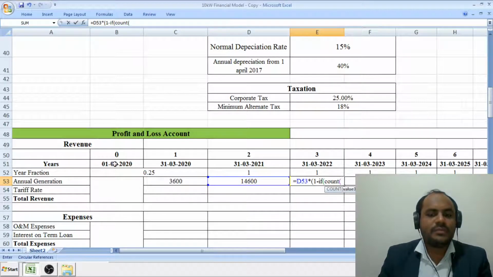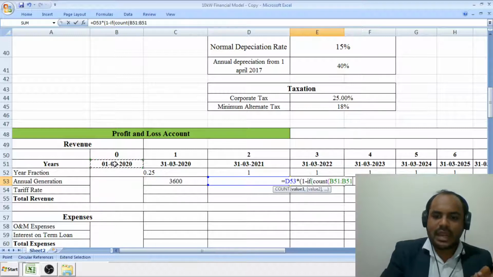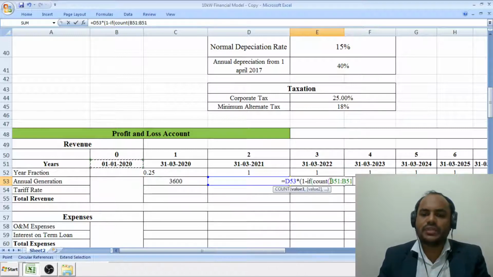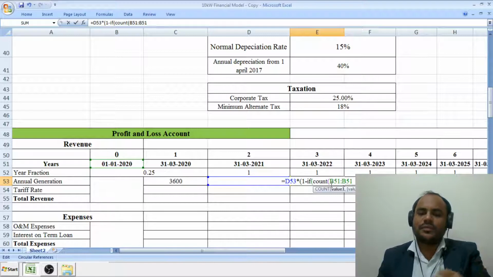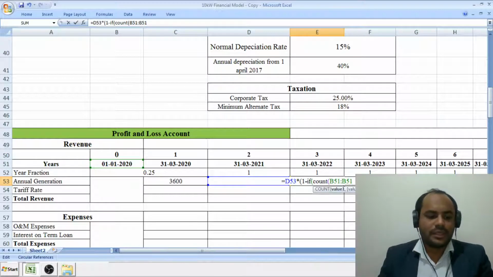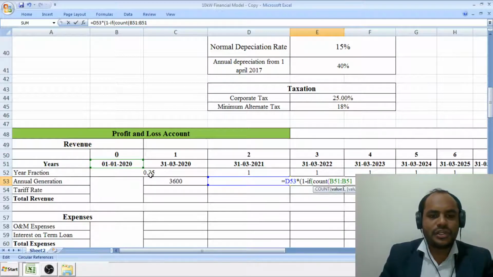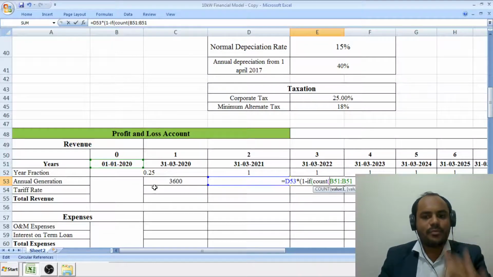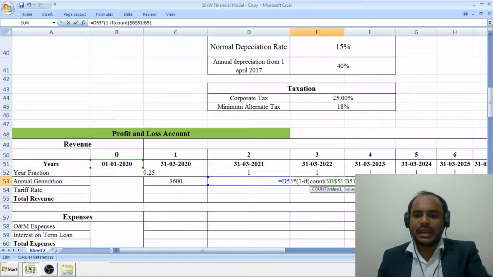we need to start from the date of commissioning, and from the same date of commissioning we have to apply a logic from the subsequent counting position over here. So this date of commissioning for every iteration will be the same over here. That is why we have to fix this value with the help of the dollar symbol over here, and bracket complete.